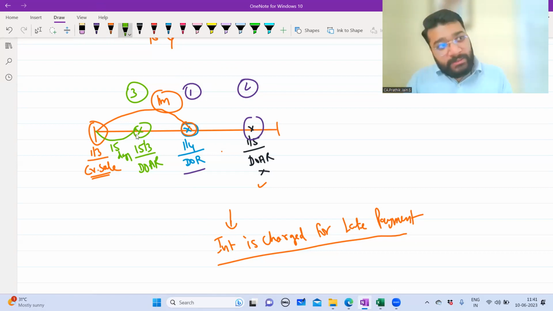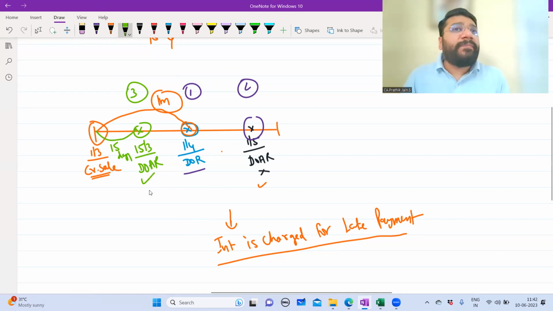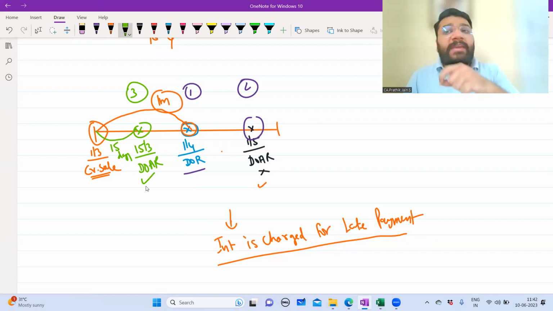Can Y do that? Yes. And which seller will say, no, don't pay me the money? You will say, obviously, give me the money. But here, tell me one thing, people. When Y is making early payment, don't you think that he has the right to receive the interest from